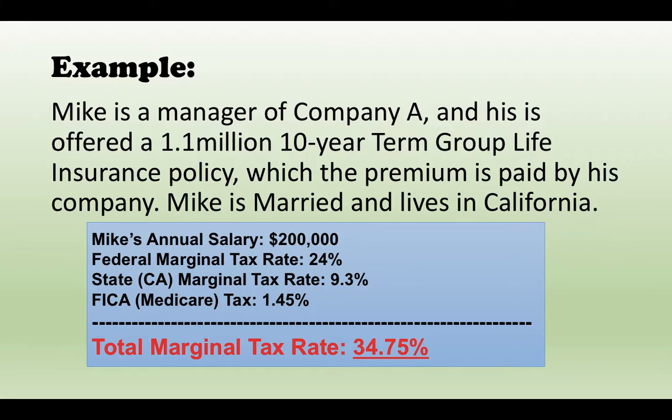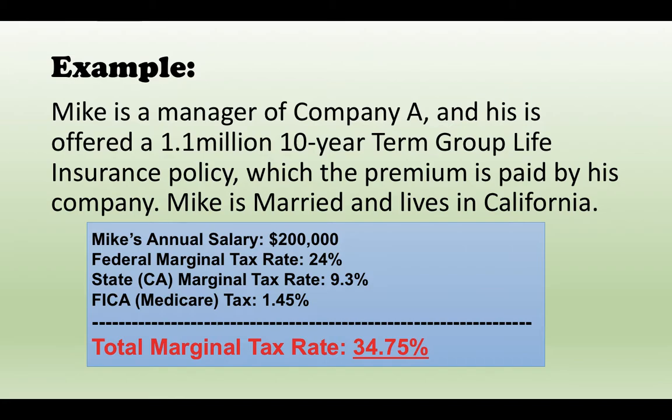policy, for which the premium is paid by his company. Assume Mike is married and lives in California. Let's just say this is the fact information about Mike. His annual salary is $200,000. So this gives him a federal marginal tax rate of 24%. The state's marginal tax rate in California is